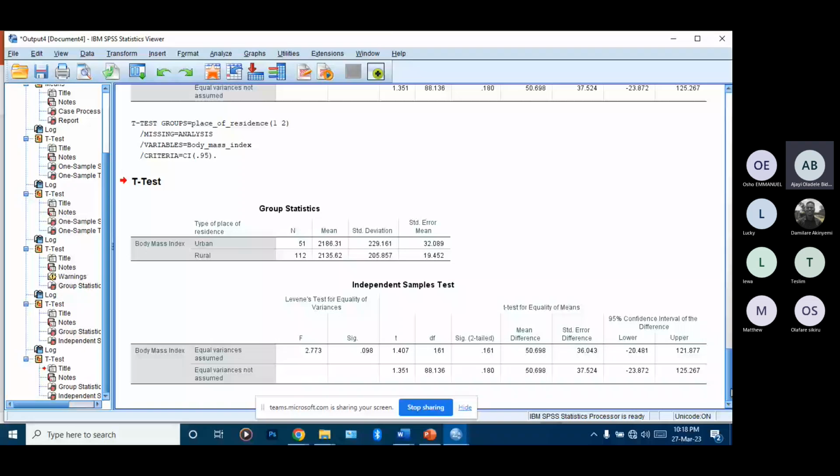So it is the 11 steps that will help us to know if the variance of the two groups are equal. If the variance of the body mass index